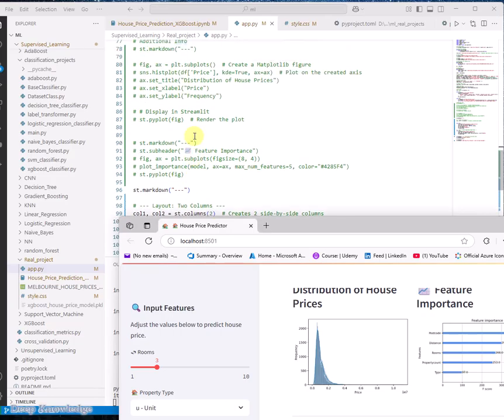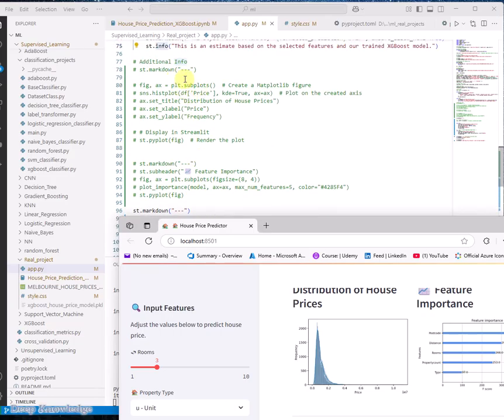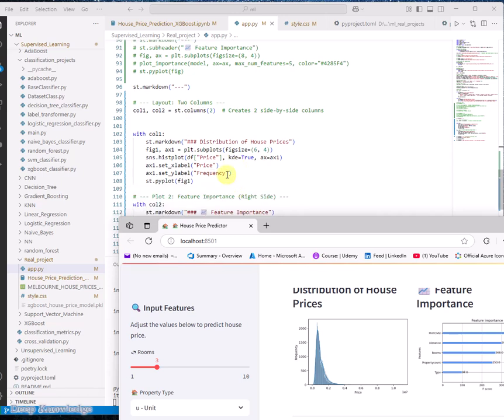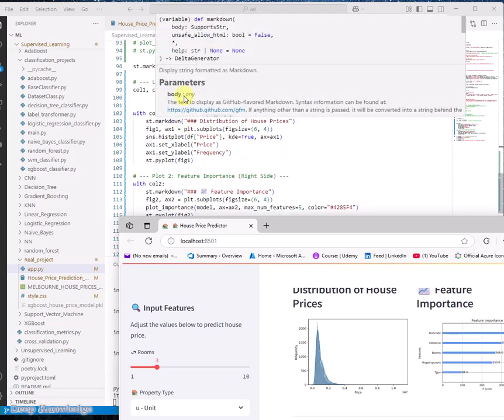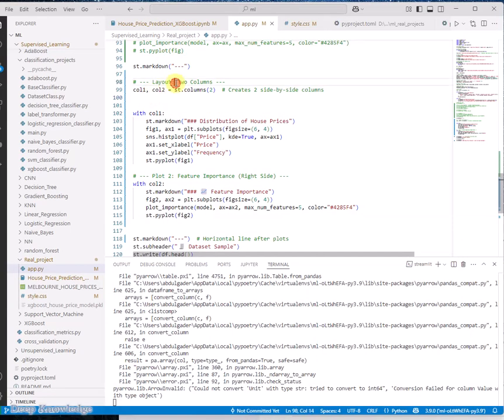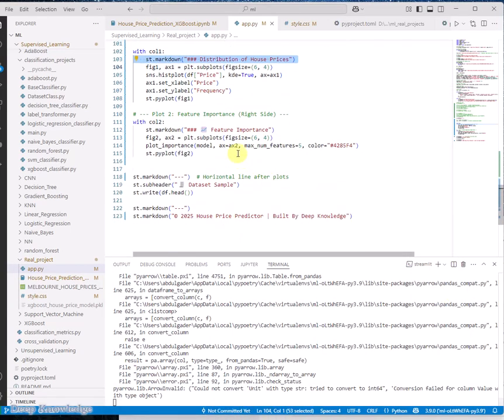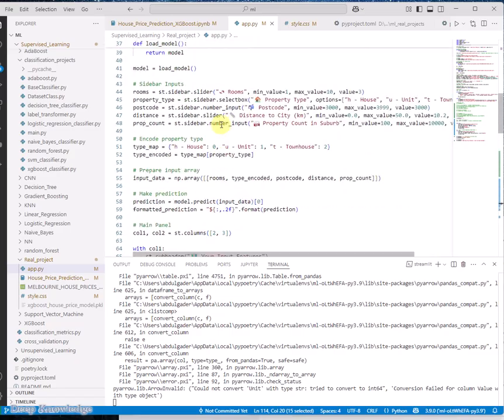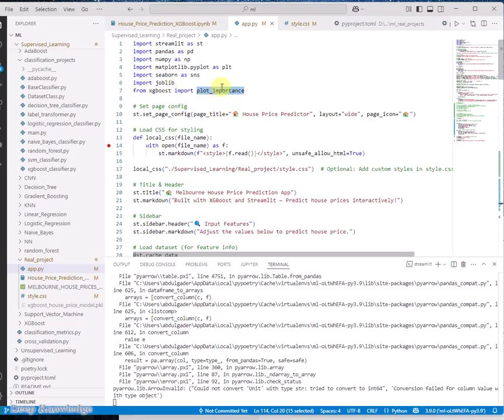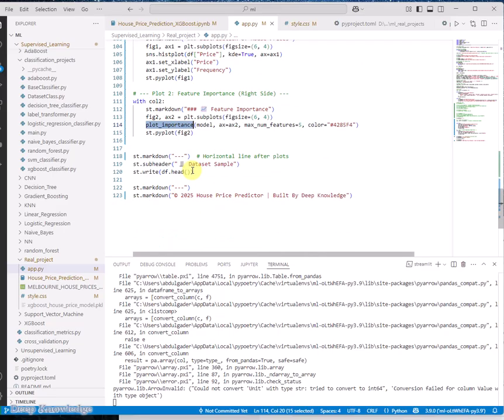In the beginning I had done it just one after another, but I see it's not well organized. So it's the same as the two columns. You will have the house distribution, and the second column for the feature importance. And this feature importance is a function from the XGBoost, but you need also just to add the figure to the